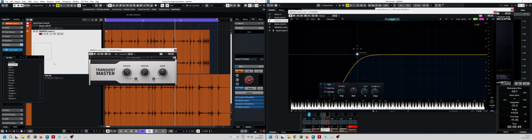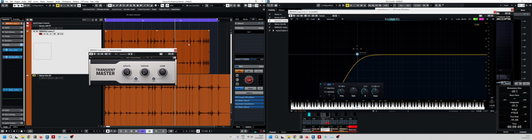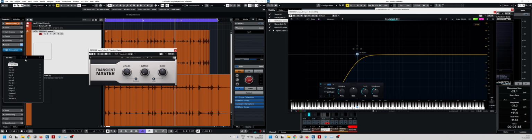So always add a low pass filter or an EQ cut to get rid of the introduction of low end mud that will happen. I don't know why it happens. I haven't really read a book to explain why it's happening, but I'm guessing it's something to do with the fact that when you try and